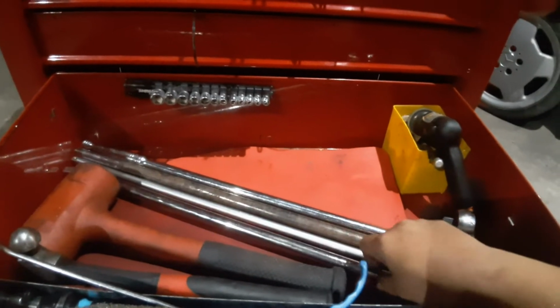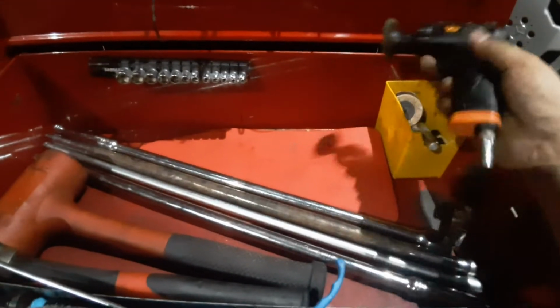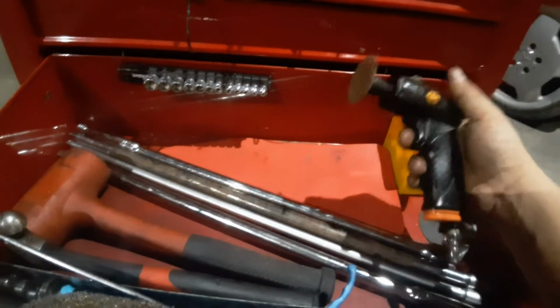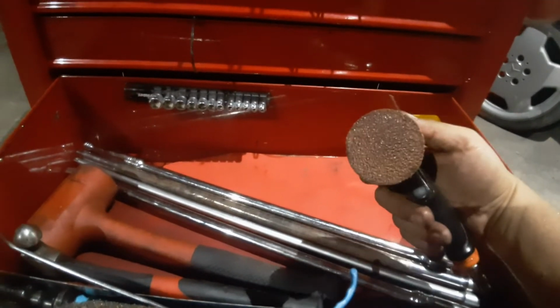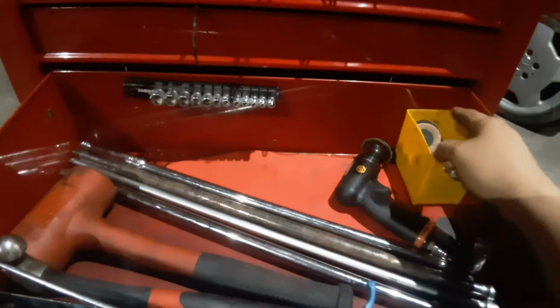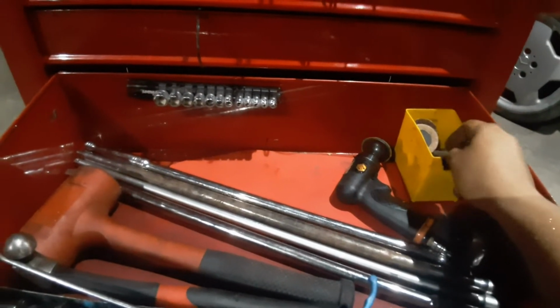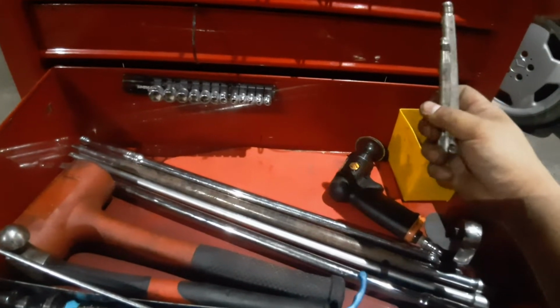So I reckon this is 24 inches, something. This one, what they call surface cleaner, or roll-lock gun or something. So this is a roll-lock. I use a roll-lock disc, sandpaper. I've got the other bits here, like Scotch Brite or something. Yeah, and these bits here actually have for